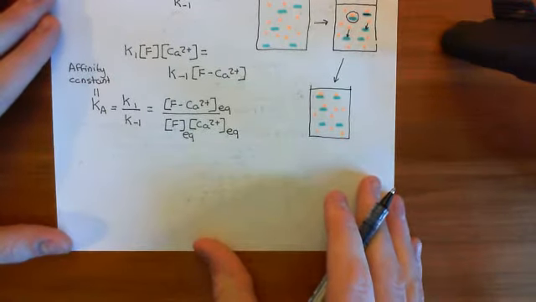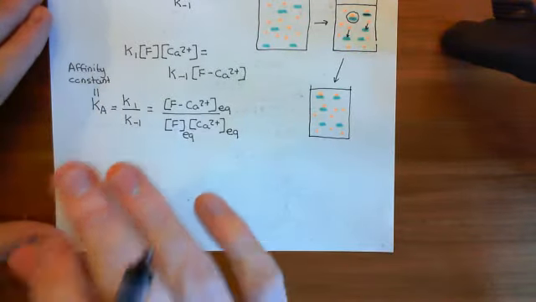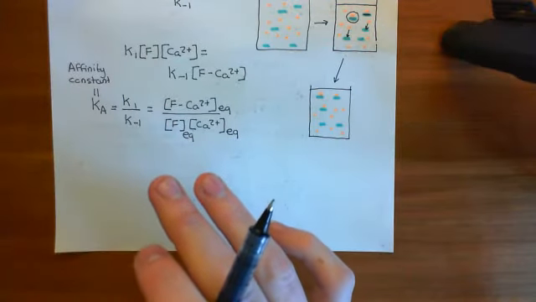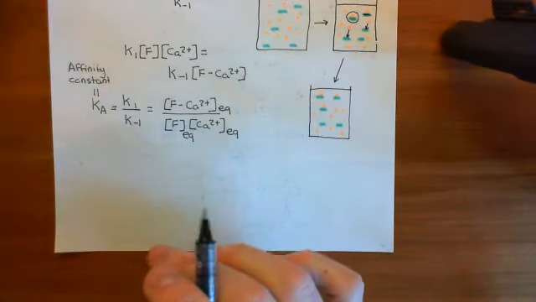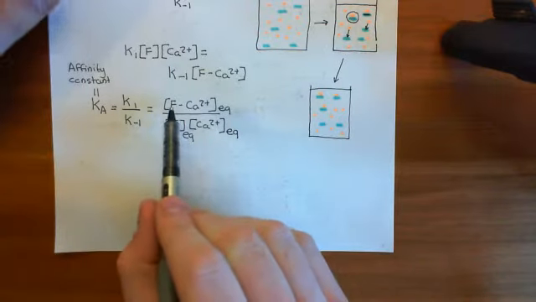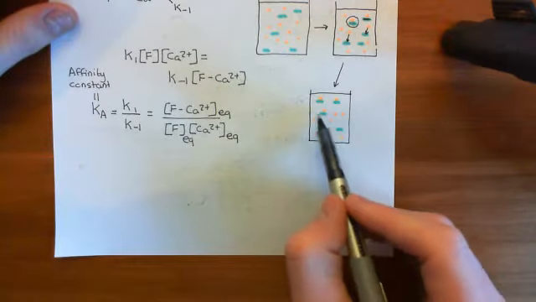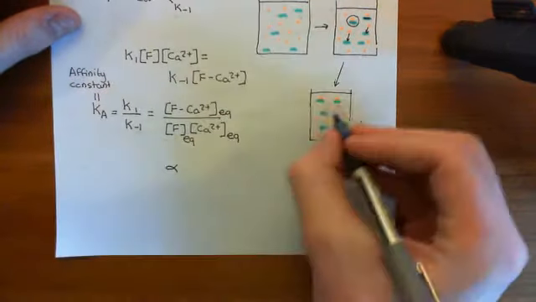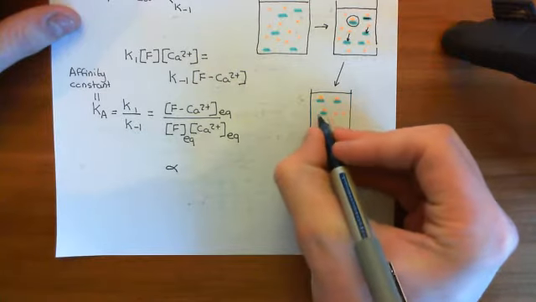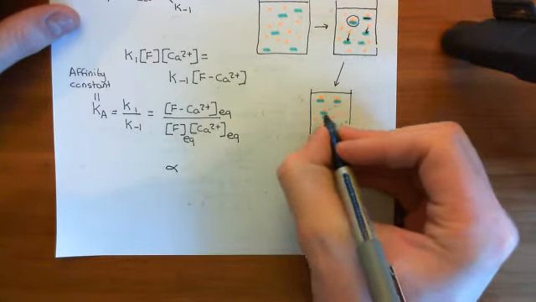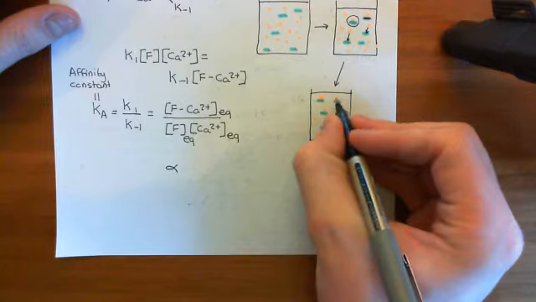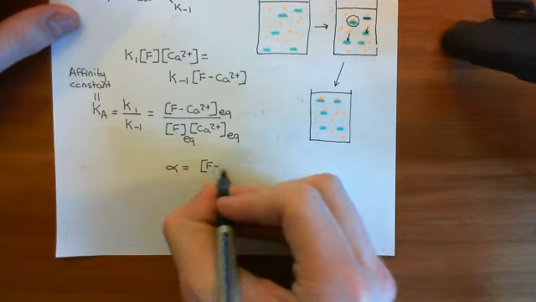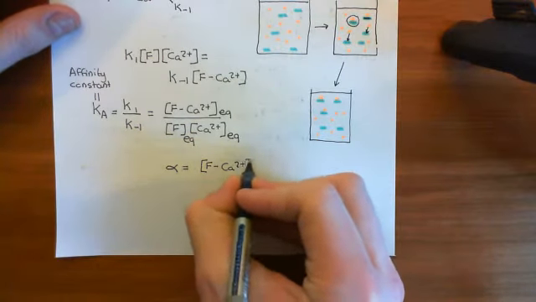Okay, right. So we're going to use this to find the occupancy equation. Let's remember what we're trying to find. We are trying to find the fraction of Fluo-4 molecules that will be present as Fluo-4 calcium complexes. So we want to find alpha, the fraction of Fluo-4 molecules that are within Fluo-4 calcium complexes. This is going to be the concentration of Fluo-4 calcium complexes, that bit's obvious, at equilibrium,